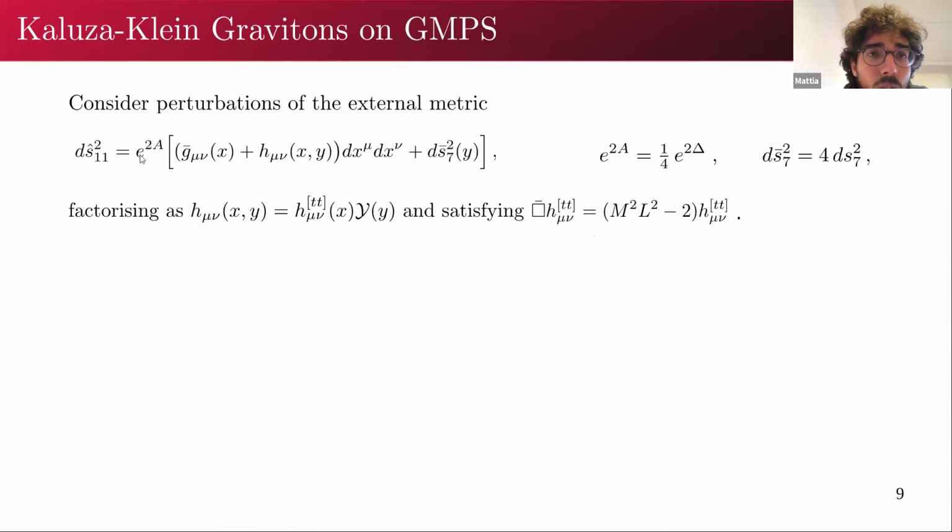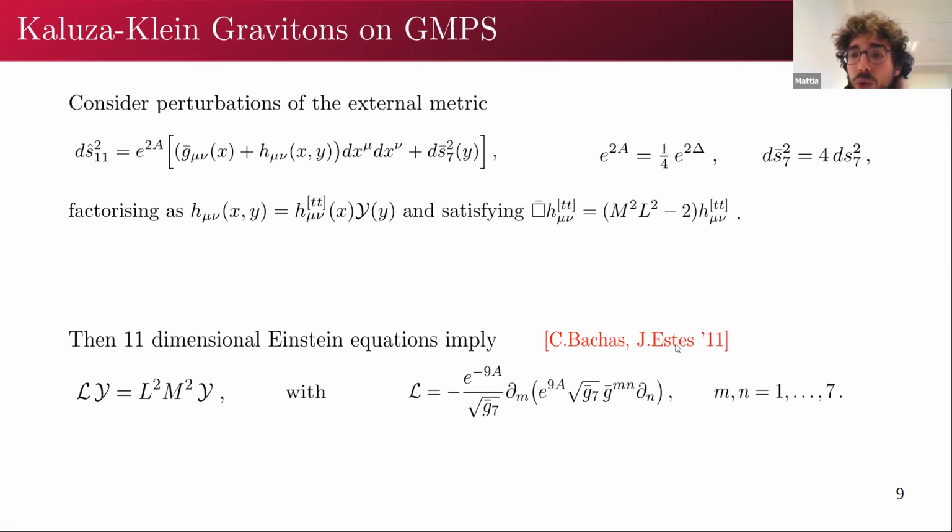Let's start this approach. We consider perturbations of the external metric, where here we mean the AdS4, and here we mean the stretched and squashed 7-sphere metric as before. And we consider that these perturbations factorize in this way with an internal coordinate-dependent part and an external one, which is transverse and traceless with respect to the Levi-Civita connection of the AdS4. These perturbations, at least the external part, furthermore satisfy a Fierz-Pauli equation, and therefore they can be regarded as gravitons in a lower dimensional theory. These are the masses we're interested in.